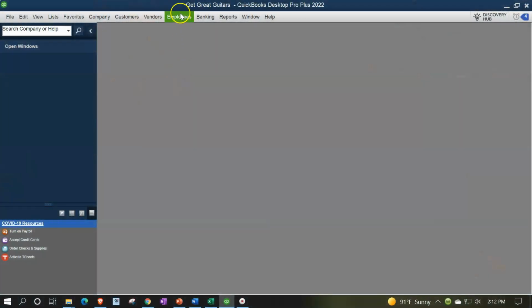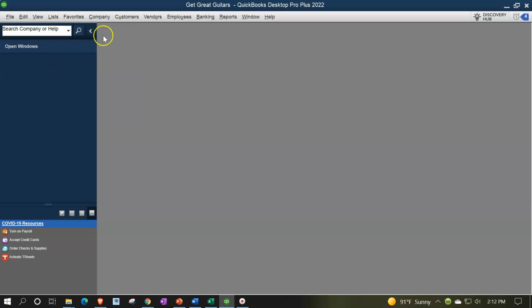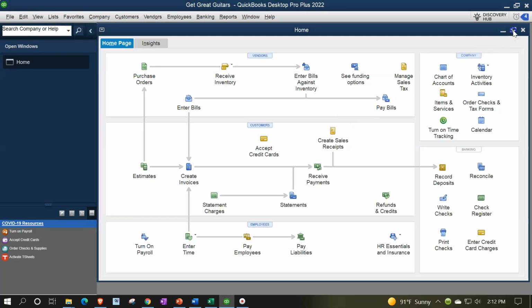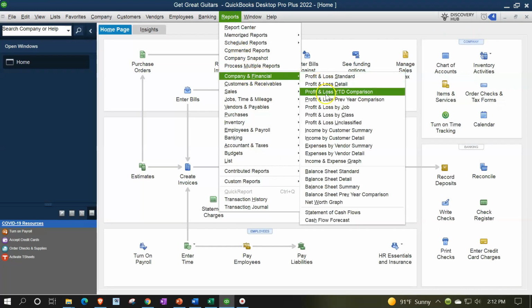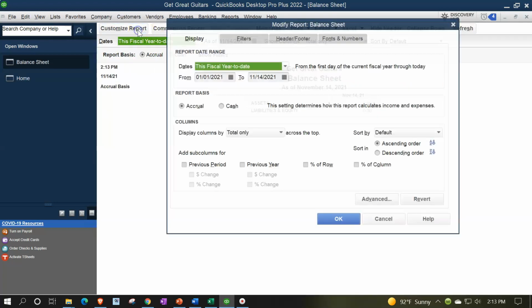Here we are in our Get Great Guitars practice problem, going through the setup process with the View dropdown, the Open Windows list on the left-hand side, Company dropdown, Home page in the middle, maximizing the home page to the gray area. Reports dropdown, Company and Financial, taking a look at that balance sheet standard report, customizing that report with